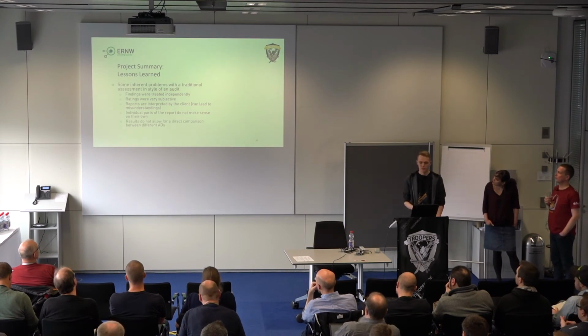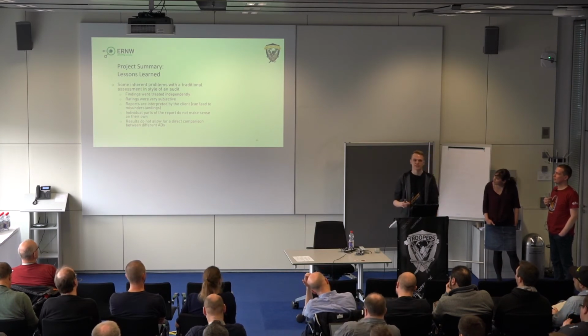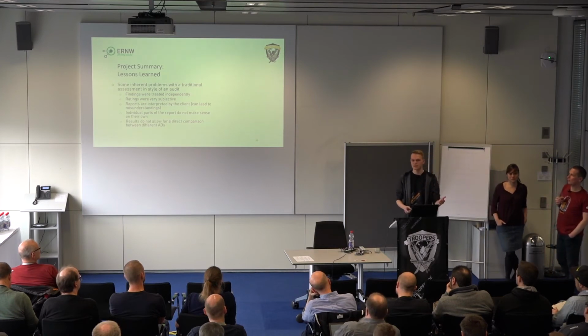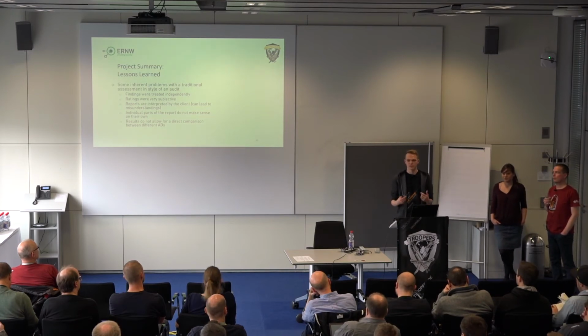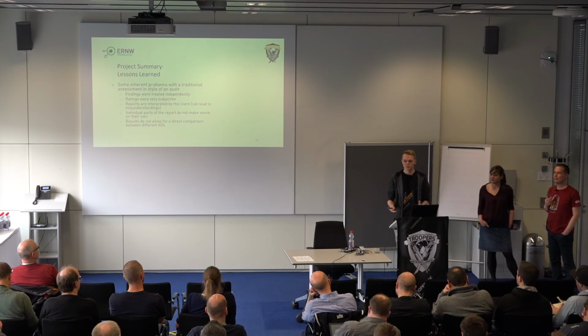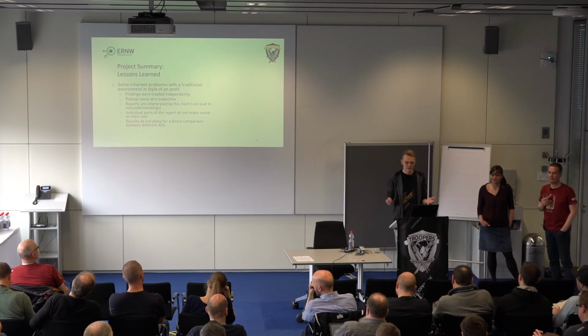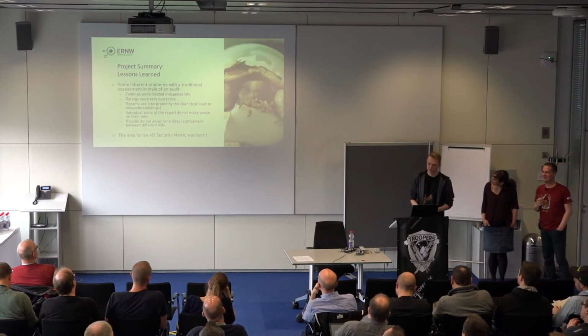And one of the biggest downsides that we have identified over the time of this project is that the results did not really allow for a direct comparison of the different ADs. So you of course had numbers like how many findings does this AD have, how many findings does this AD have. You could compare them, but do more findings automatically mean that it is in a worse security state? If you have only a few findings but with a very high rating, does it equal a lot of findings with a low rating? So it was very hard to compare. And at this point, the idea for an AD security metric was born.